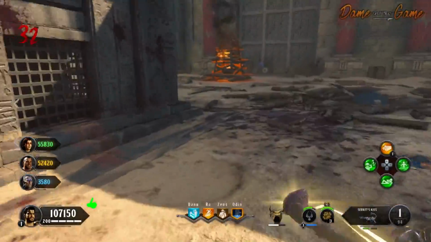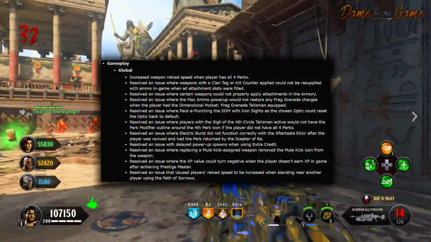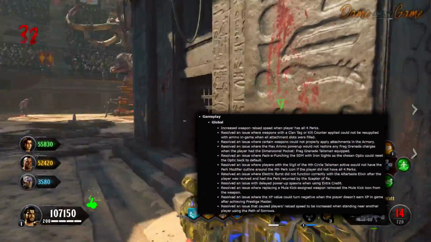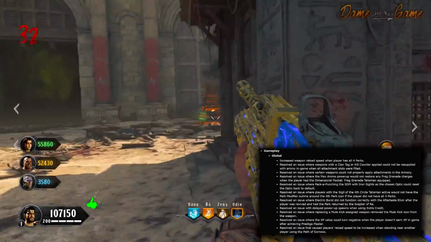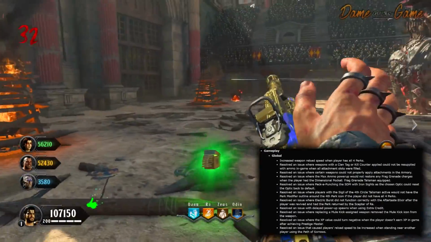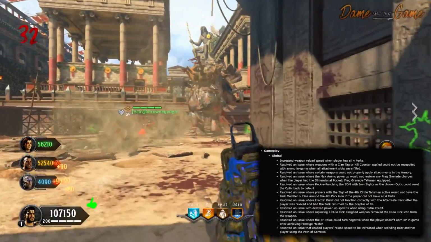Now we're going to move on to the gameplay segments of this update, and we're going to start off with the global. They've increased weapon reload speed when a player has all 4 perks. We have touched on this subject at the beginning of the video. They resolved an issue where weapons with a clan tag or kill counter applied could not be resupplied with